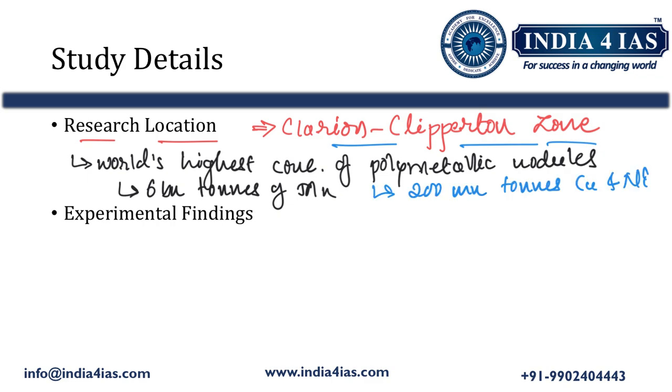Coming to the experimental findings of the oxygen, while conducting experiments at a depth of 4 km, scientists noticed that oxygen concentration in some places increased rapidly instead of decreasing. What were the scientists expecting? They were expecting that oxygen should decrease, but miraculously, at such a great depth, the oxygen concentration started to increase. So then what did they do? They used a device that isolated a small volume of the ocean floor and measured the oxygen levels in that small volume, and they found that the oxygen sometimes tripled in just 2 days.